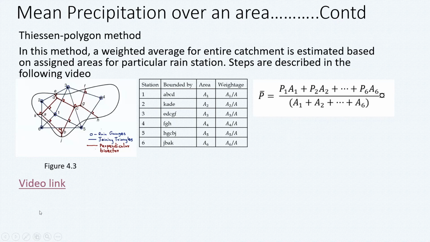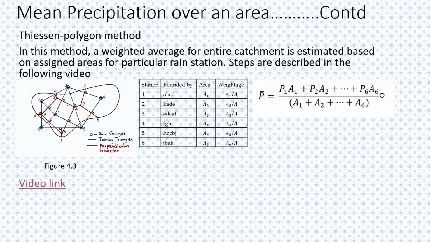Now, let me briefly explain a few things before you get into the video. What we generally do: if you have these points, from 1 to 6 rain gauges, you have to calculate the corresponding area from the subject catchment relevant to each station. Let's say you take station 3, you have to find the area of the catchment which is subjected to the rainfall received by station 3. That is found by this Thiessen Polygon method.